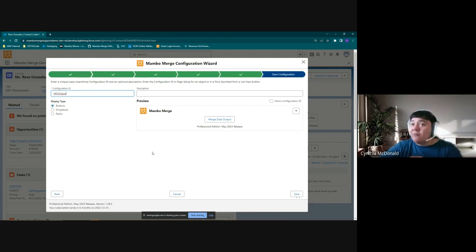Now, right here and now, I know what MD output means. Will I know what MD output means 5 months from now? Probably not. So I want to do a little description here. So I'm going to put merge data output, and then I'm also going to put its contact. But if you remember, we have a record where, and it's a set parameter. So I want to know that this is not going to grab me just any contact. It's going to get no email contact